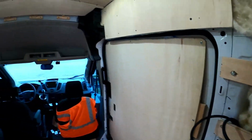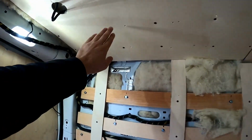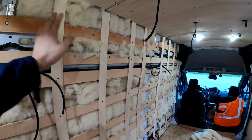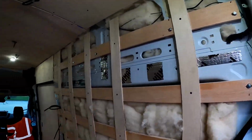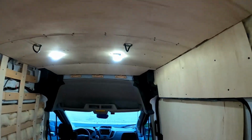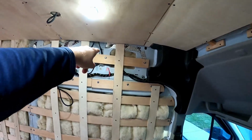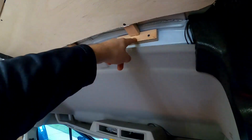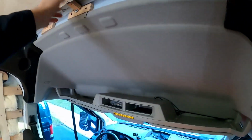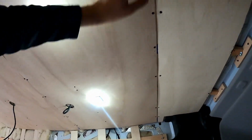So yeah, pretty simple. As you can see, I just did some screw holes. It looks exactly the same in the ceiling as on the walls basically. I was trying to do a bunch of the, what's it called, the plus nuts where I don't have to drill any holes, but I just kind of gave up and started sending it with these self tappers, because with the ceiling especially, this is the best I was able to get, and this is the second piece I did, so nothing a little trim won't fix,